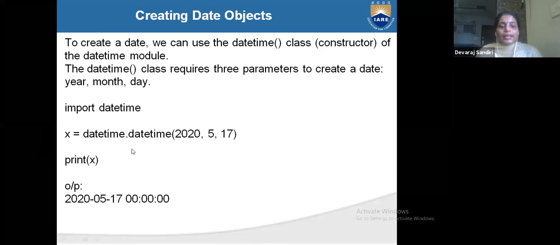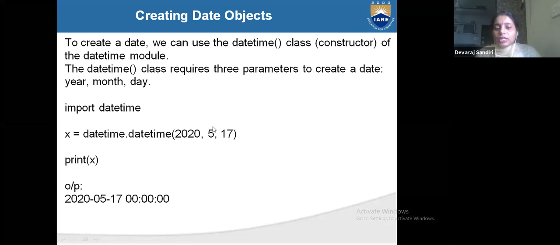Now creating a date and time, how will you create your own date and time? So now you will import datetime, x is equal to datetime dot datetime 2020, 5, 17. If you write like this, you will create your own date and time. To create a date, you can use the datetime class constructor of the datetime module. The datetime class requires 3 parameters to create a date: year, month, day.